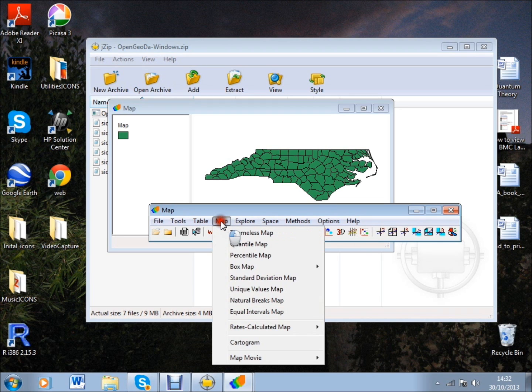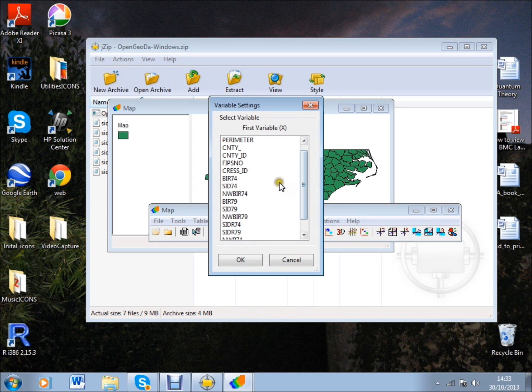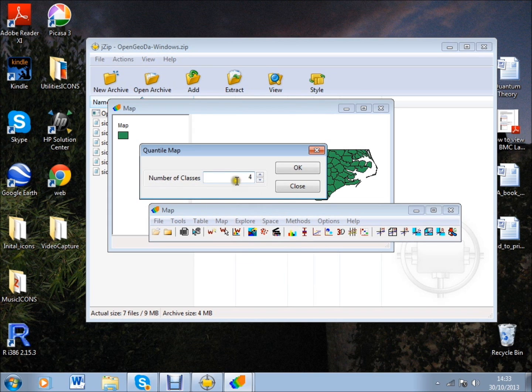So if we click on Map, and I'm going to choose a quantile map. That's a map in which the values have been divided such that there is an equal number of counties, in this case, in each category of the classification. So I'll ask for a quantile map, and the variable that I'm going to map is going to be the number of births in 1974. So that's BIR74. So I click on that and OK it,